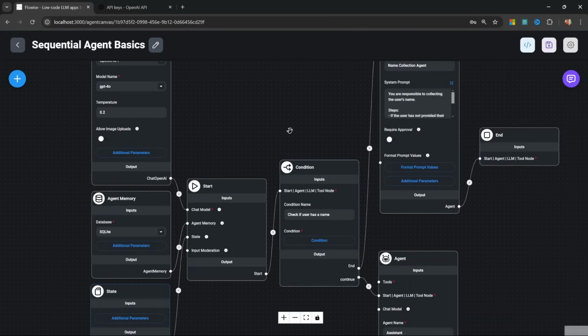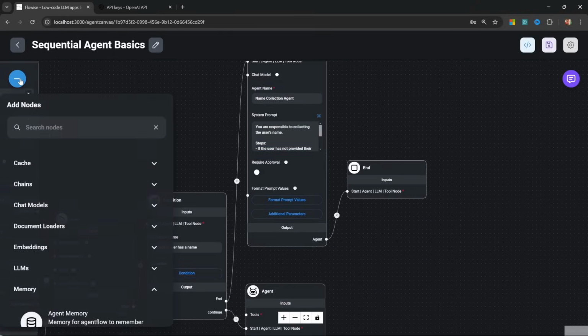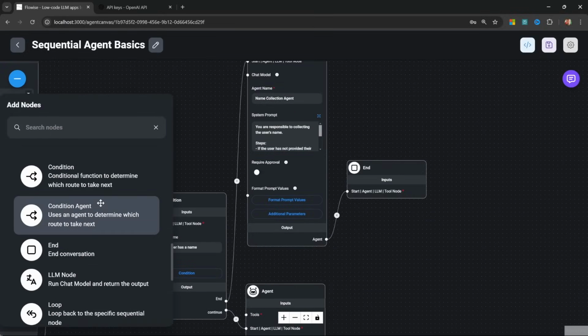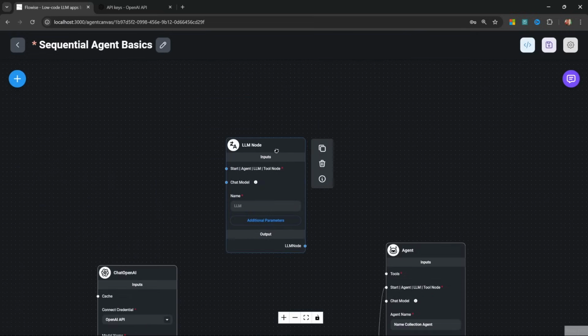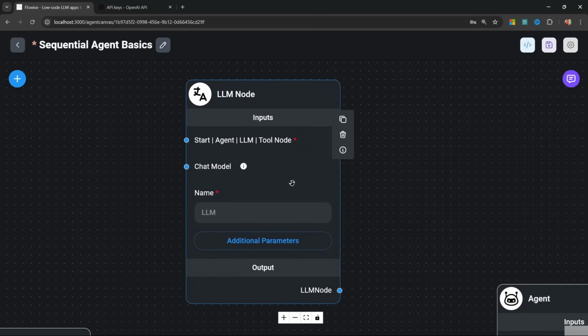Alright, enough talk. Let's actually implement this. Let's go to Add Nodes, and within Sequential Agents, let's add the LLM node. Before we attach this node to anything, let's first have a look at this node in isolation. This node can be triggered by the starting node, another agent, an LLM, or a tool node. So effectively, this node will receive the output of one of these nodes